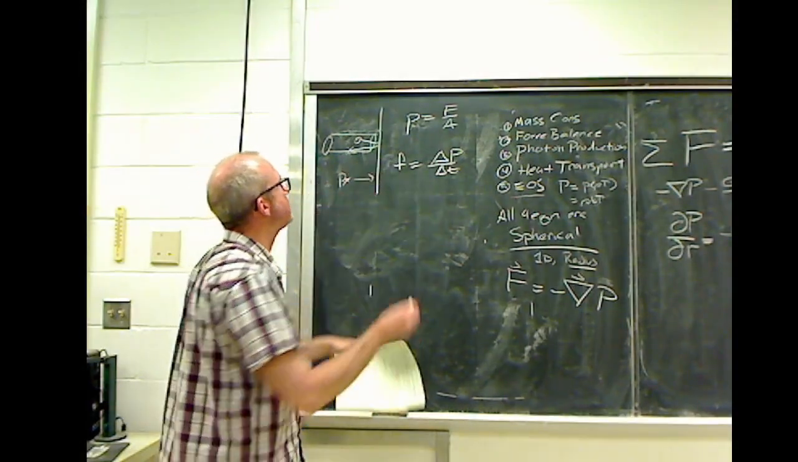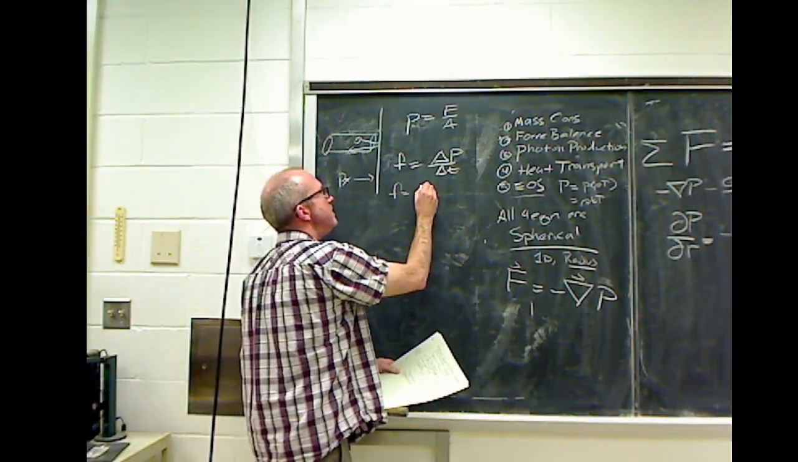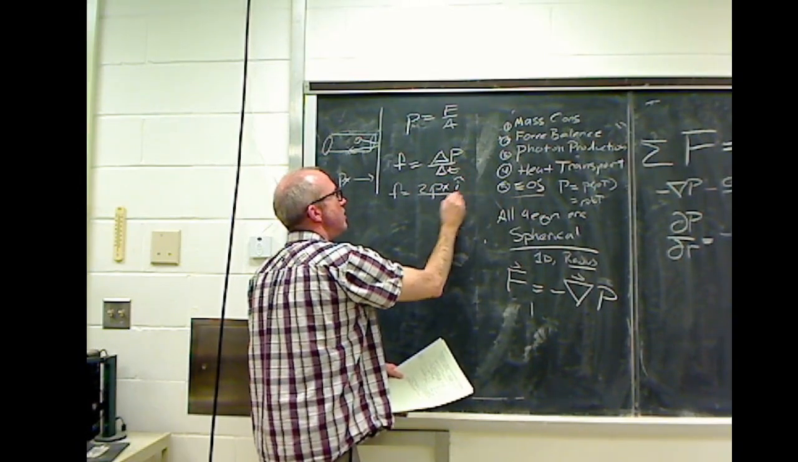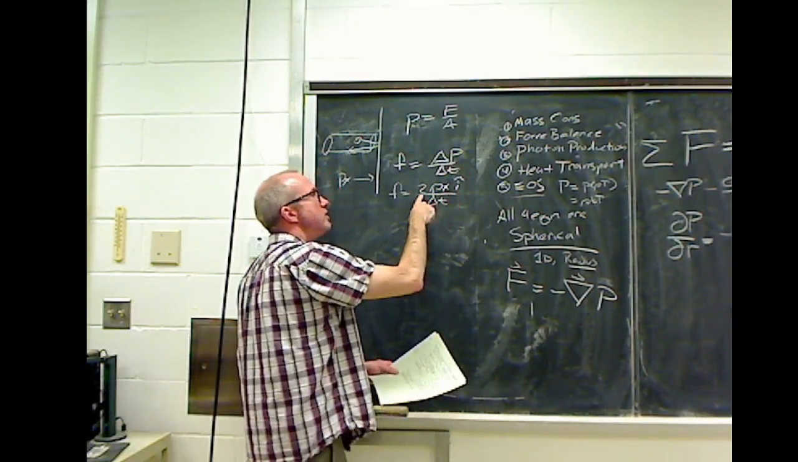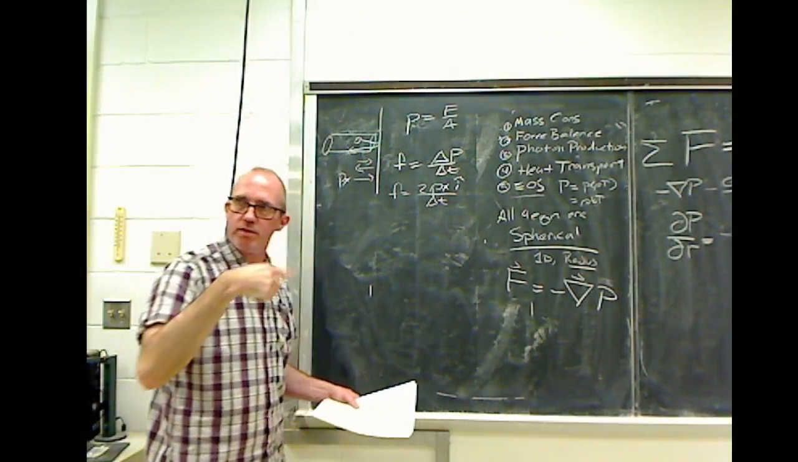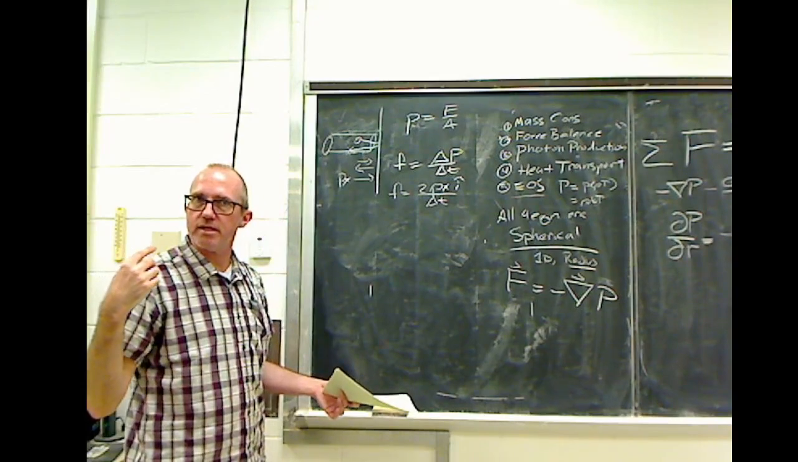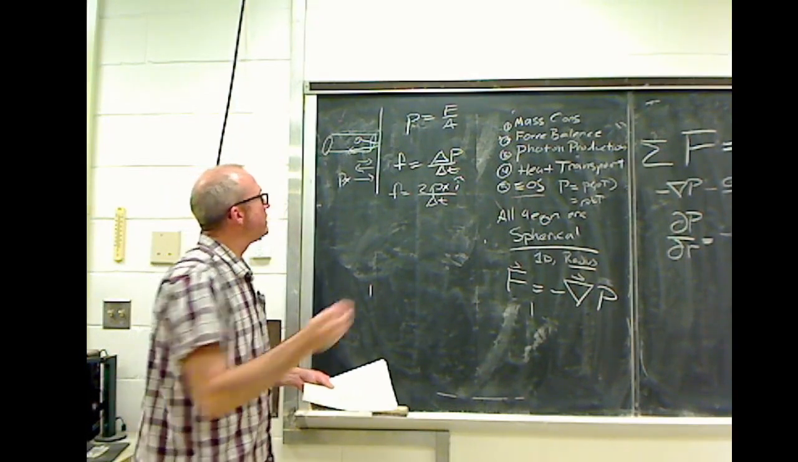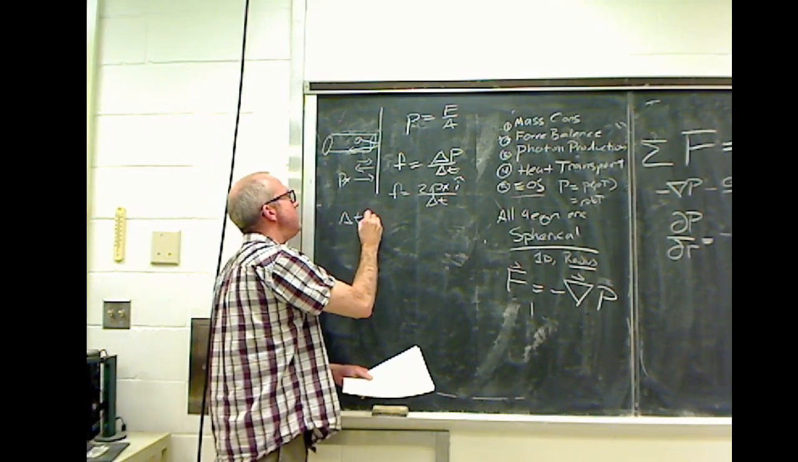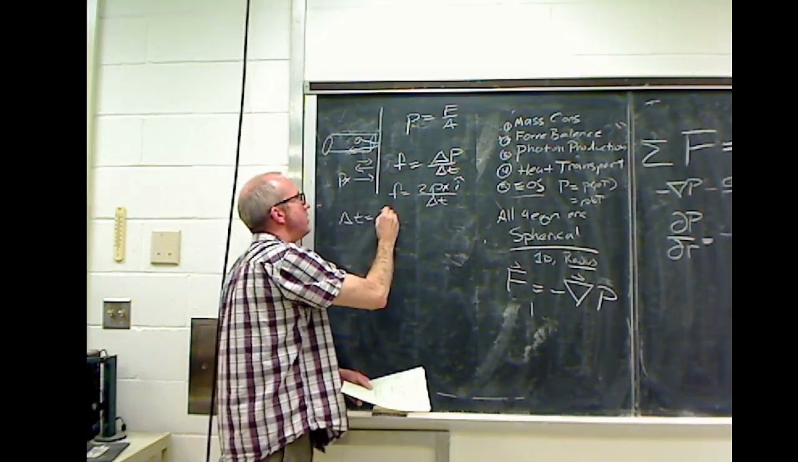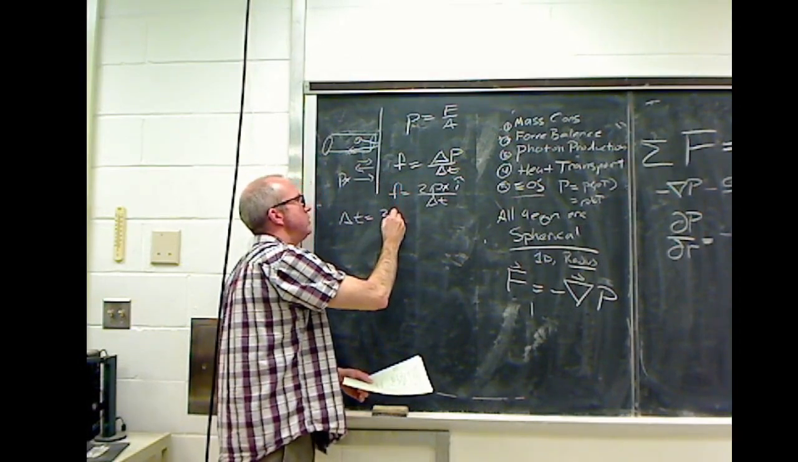What is delta P? So F is equal to 2px in the i-hat direction over delta T. This 2 comes from the fact that I've got P going this way and P going that way, and the difference between those two things is twice the absolute value. So then how long does it take? Delta T is about 2 delta x